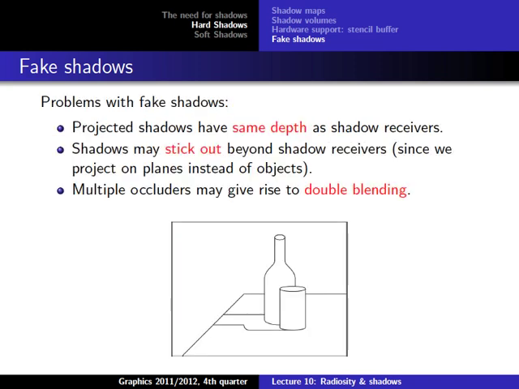For example, like I said, they don't have the same depth. So if we have a chair like this, and we have a light somewhere here, then we do not only have some shadow here, but we also have